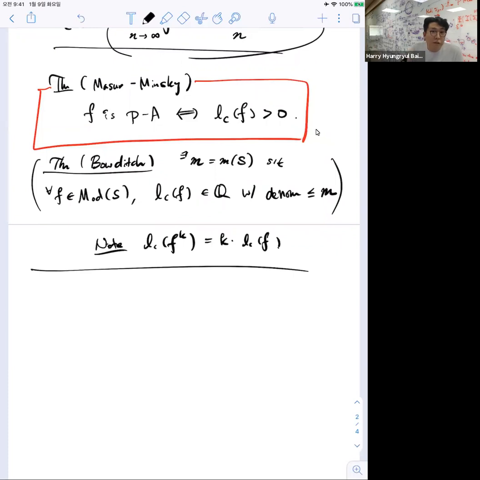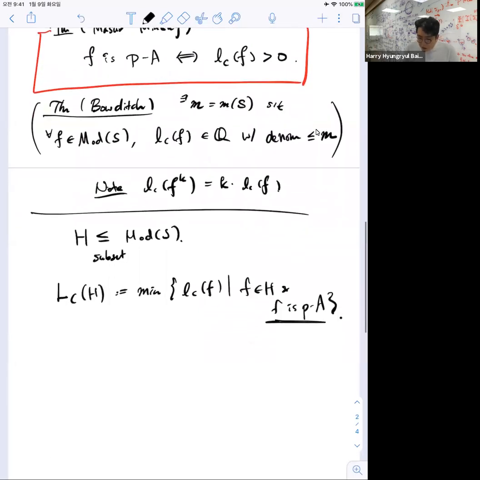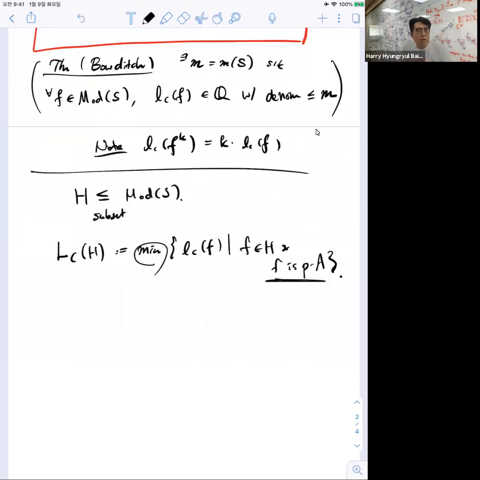asymptotic translation length of each element of the mapping class group for its action on the curve graph. If I consider a subset of the mapping class group, we can consider the minimal asymptotic translation length of the elements in this subset. So for this subset H, let me define L_C of H to be the minimum of the asymptotic translation length of the elements in H which are pseudo-Anosov, because otherwise the asymptotic translation length is 0 by the theorem of Masur-Minsky. So we consider only the pseudo-Anosov elements. This question about minimal translation length is